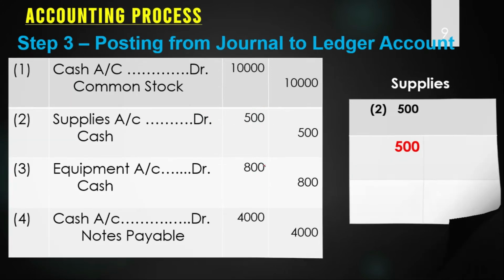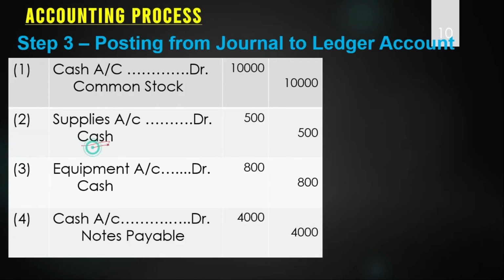Now come to the next. After supplies we get cash. Cash account has already been prepared the first time. So no need to prepare the accounts many times. If you have already prepared it one time and posted all the transactions, there is no need to prepare it again and again. This cash was transferred when you prepared the cash account. So all the cash is over. Cash, this and this. 4 cash entries are there and all 4 have been posted in one account, cash. So there is no need of preparing the cash account again.